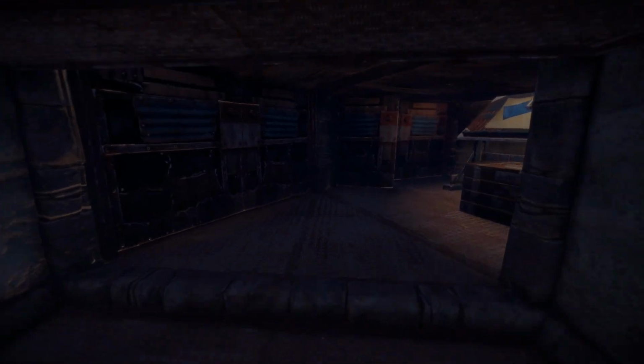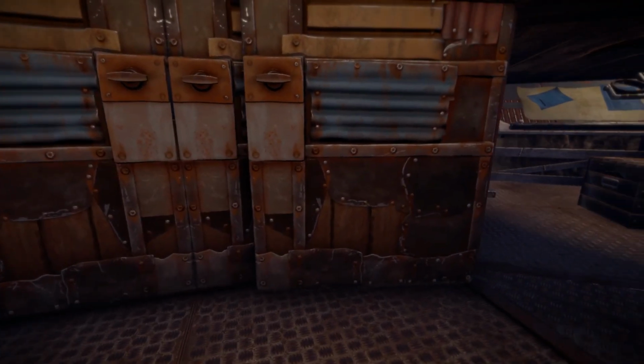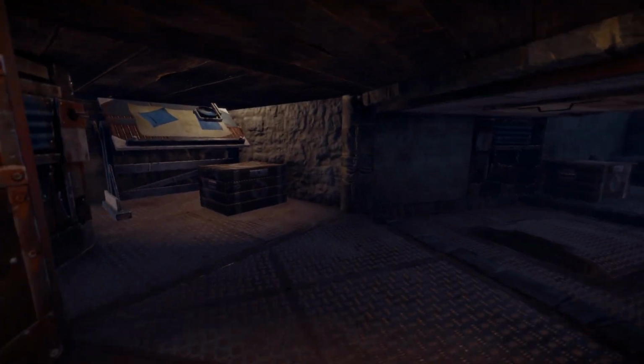Coming through here, we have research table, box for your scraps. In here we have the other place where I mentioned for the repair bench. These sections are left open. You can put sleeping bags in here, or maybe more boxes, even wall one of these sections up and make it like a hidden loot room. It's up to you. As we come upstairs to the last floor,